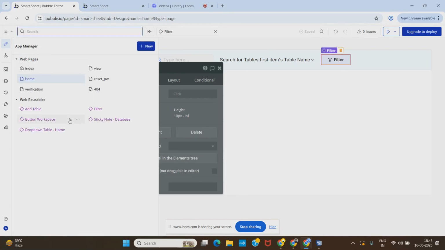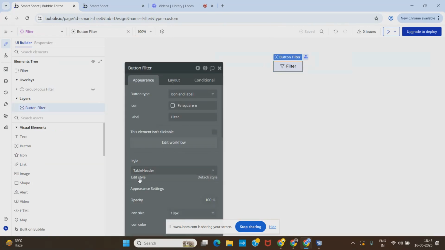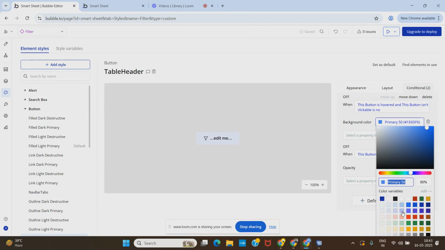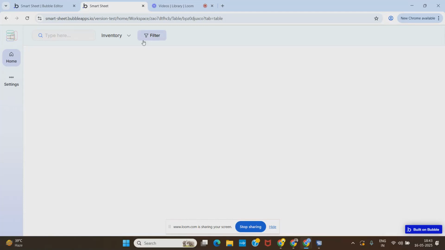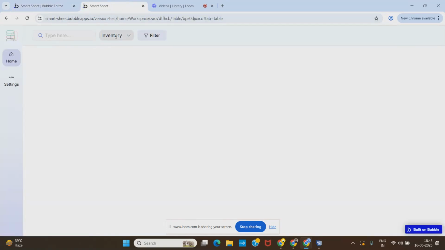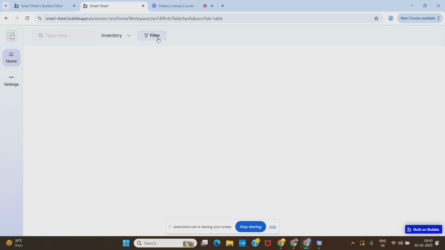Here, filter usable element, edit style, and white hover. I'll choose this one a little darker, 30, secondary 30, and save it. Yep, this one is looking much better, and probably if I choose second, it'll look the same as it is. Yeah,